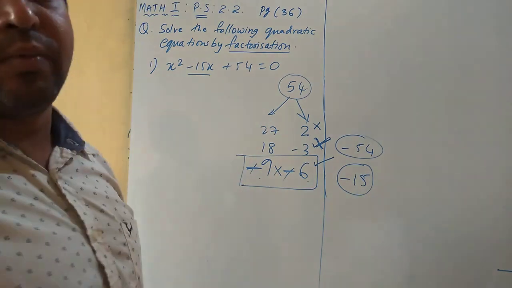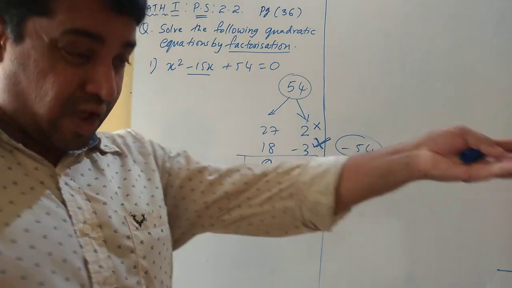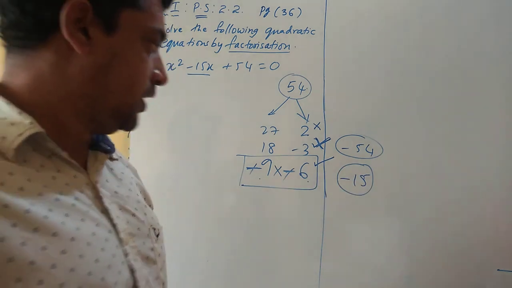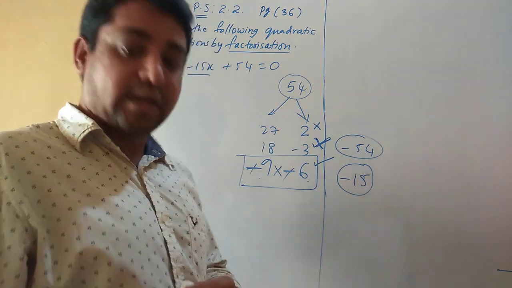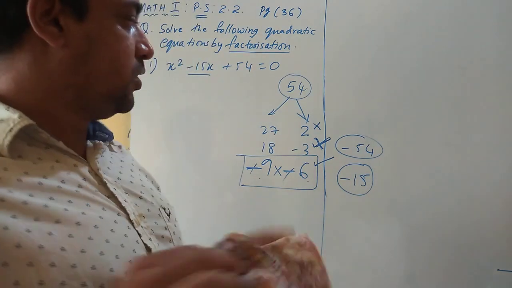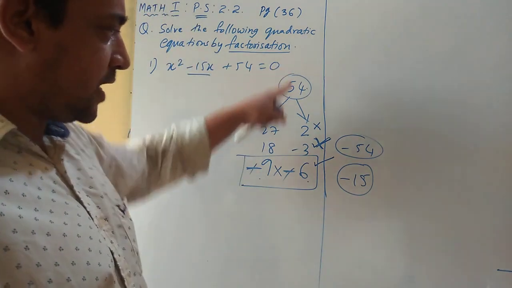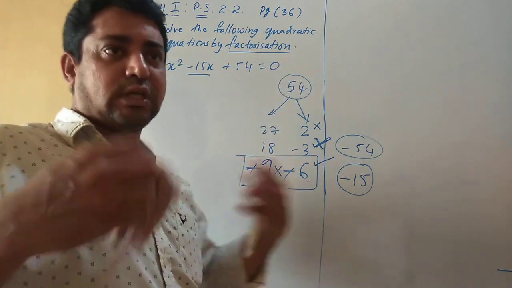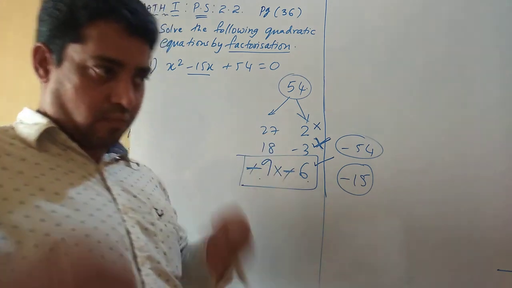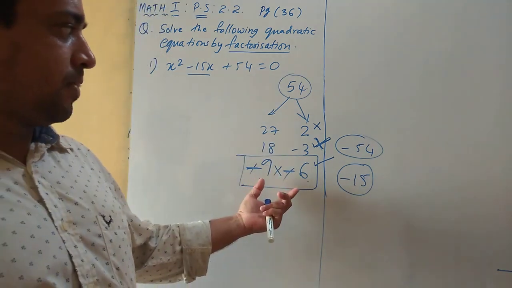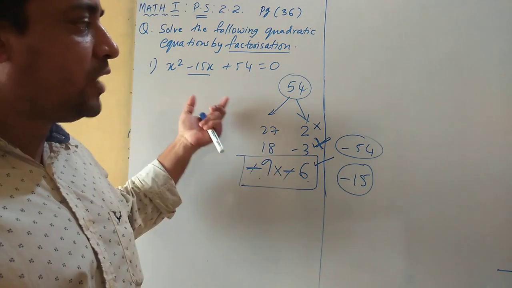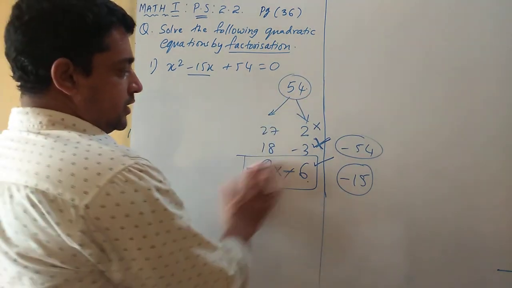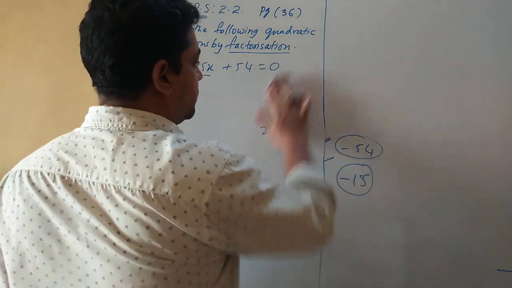Once that is done, the sum is very easy. You will have to go to the lower class to find the factors and the actual solution. Is it clear? So let us start with the actual sum now. In your board exam, in your school exam, you don't have to do this. This is just a small shortcut trick where you can get the pair. If you are not able to do it directly, you can do it like this. Is it clear? Yes. Now just start with the actual sum.